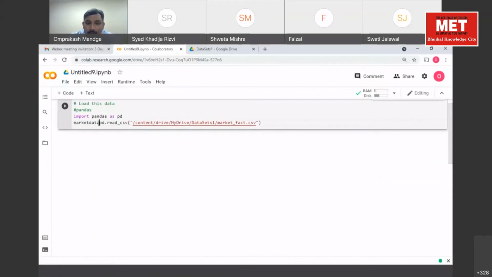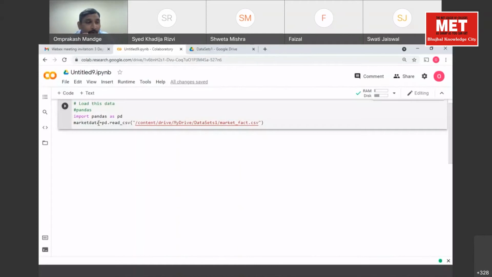Whatever data is stored in this market_fact.csv file will be returned and stored in market data.